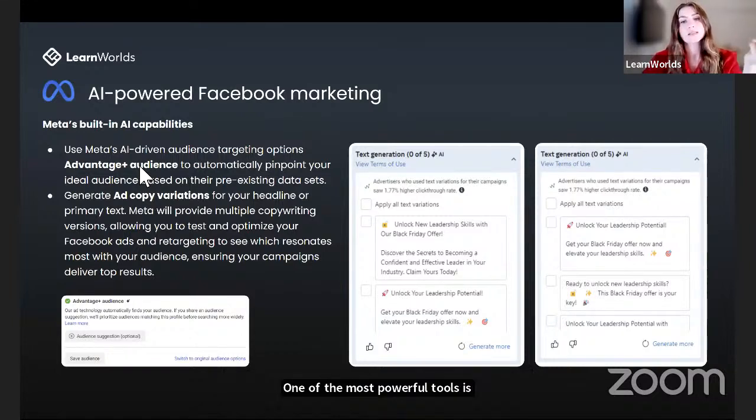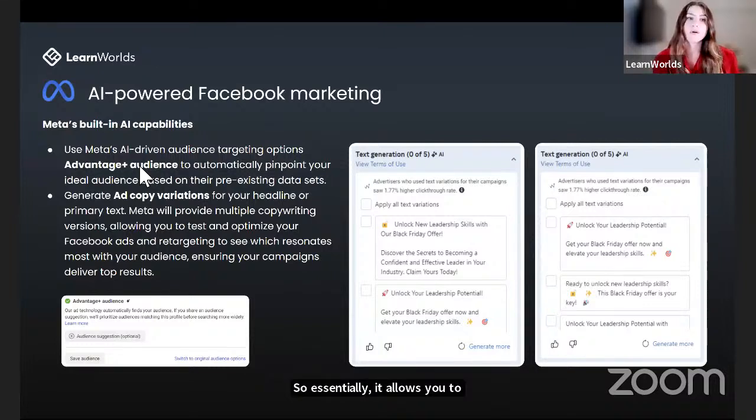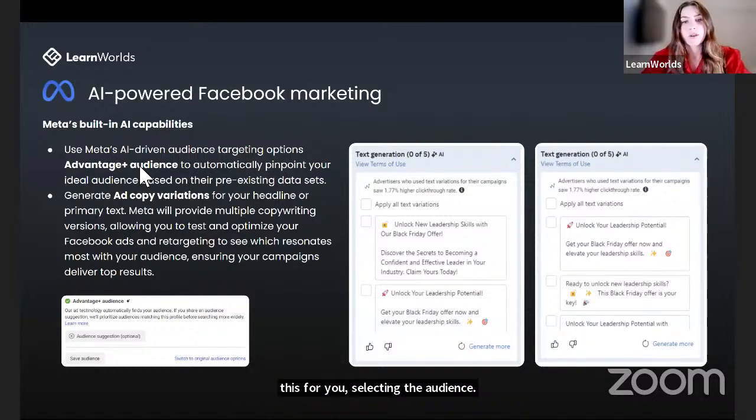What Meta does is automatically find your ideal audience for you using their own vast data sets. This is extremely helpful. Essentially, it allows you to focus more on creating the campaign while Meta selects the audience for you, rather than you doing it manually.